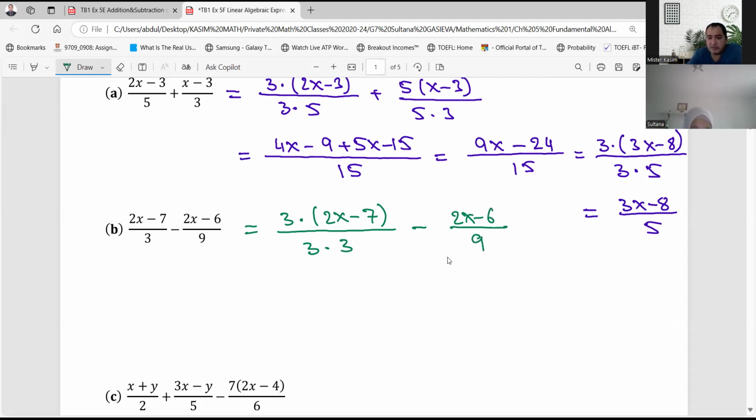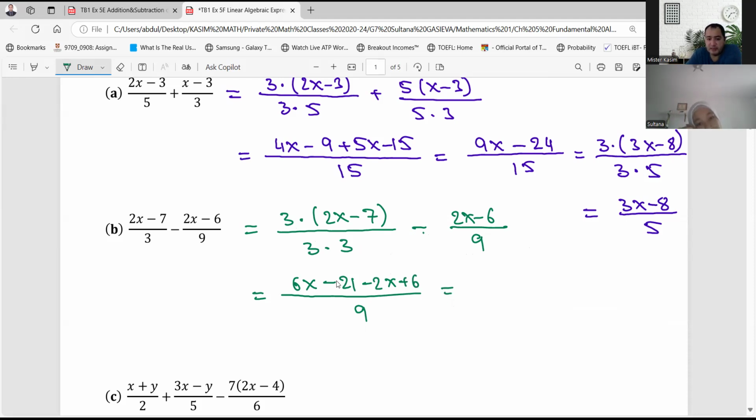Now the denominators are the same, 9 and 9, so I can draw a single fraction line right here, with 9 below. 3 times 2x is 6x. 3 times negative 7 is negative 21. But when we have a minus here, be careful, Sultana. Here we have minus 2x, and minus times minus 6 is plus 6,